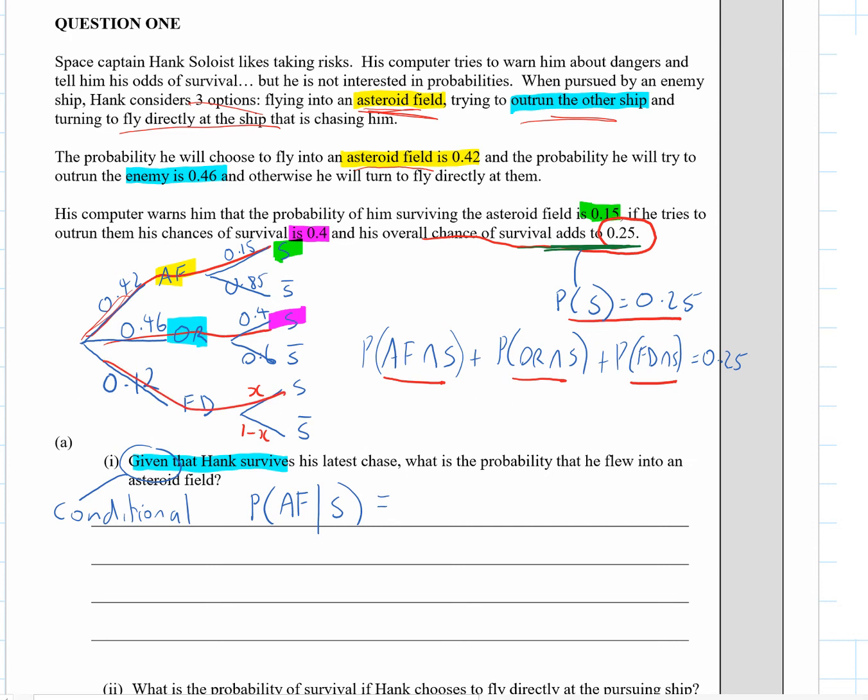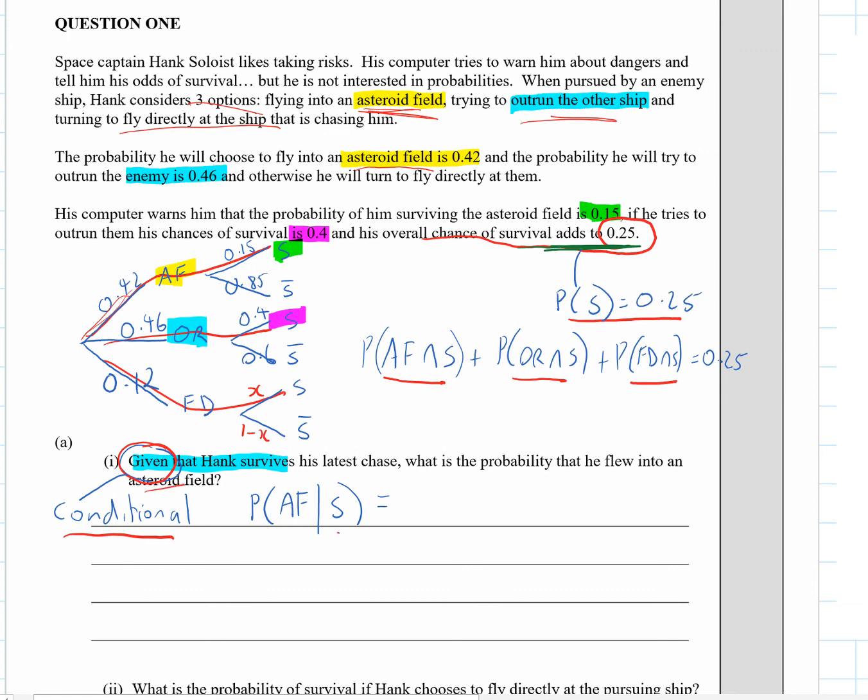Now, part A of this question, part 1, it says, given that Hank survives his latest chase. So when it says given, that is a conditional probability. And so the notation here, I've got asteroid field, so that he flew into the asteroid field, given that he